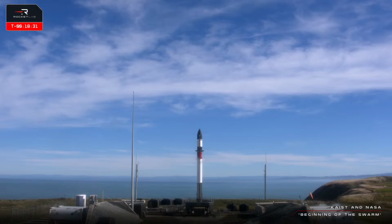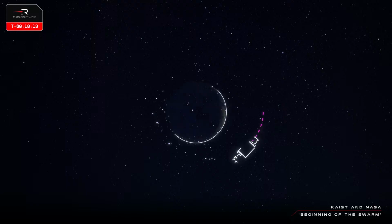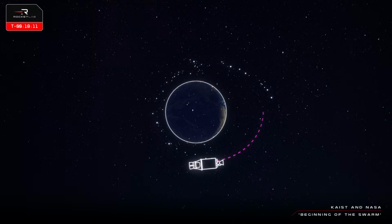Once Electron reaches space and separates the kick stage with the satellites attached to it, it's over to this rocket within a rocket to carry on the mission to those 2 orbits. The first time we light Curie, it will be a circularization burn into a 520 by 520 kilometre orbit. Now, once that burn is complete and NeonSat-1 is deployed, the engine will light up again to increase its altitude